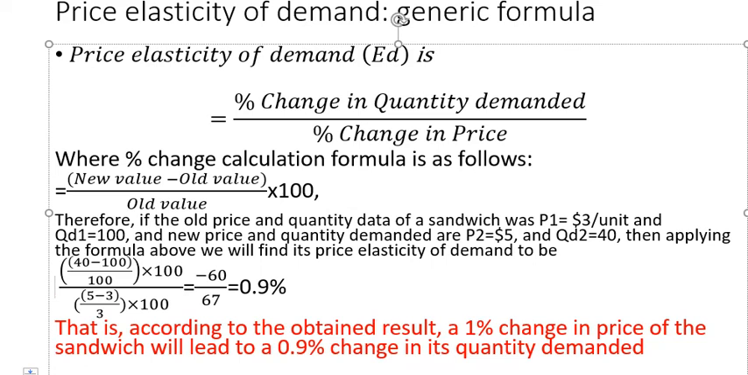So now how do we interpret this result? This 0.9 is the price elasticity of demand of the sandwich, the effect that will occur if price changes by 1%. So the interpretation of this number is that a 1% change in the price of a sandwich will result in a 0.9% change in its quantity demanded. Now let's see what happens with this generic formula